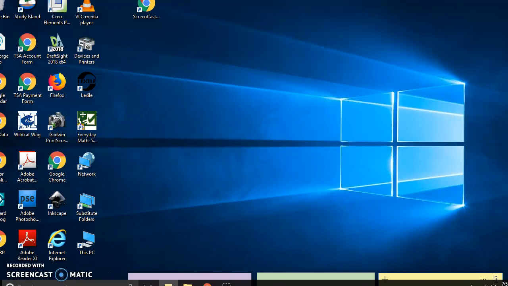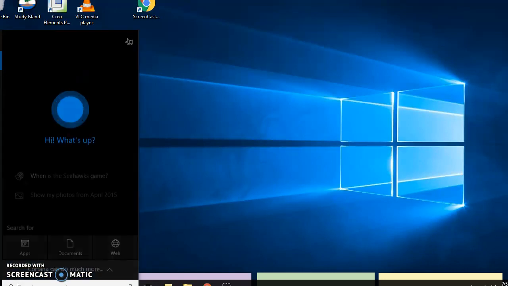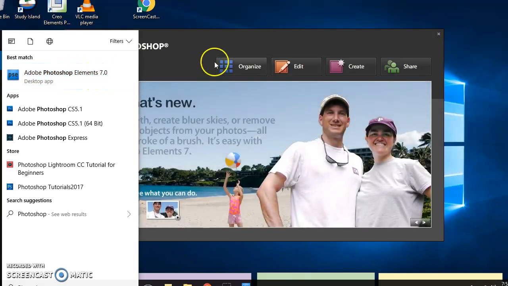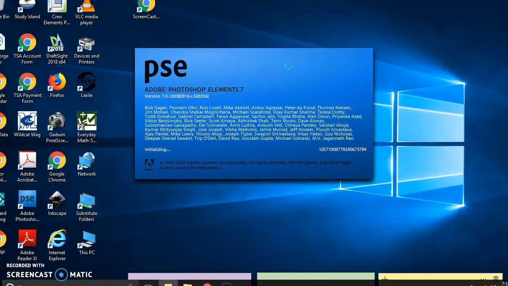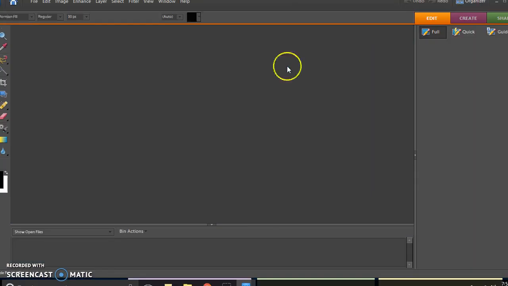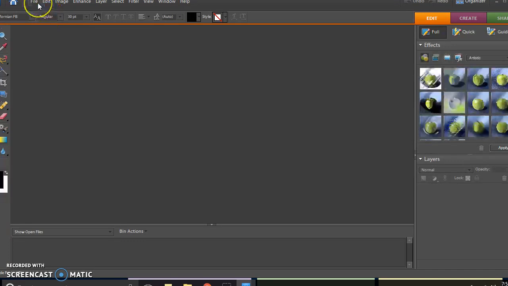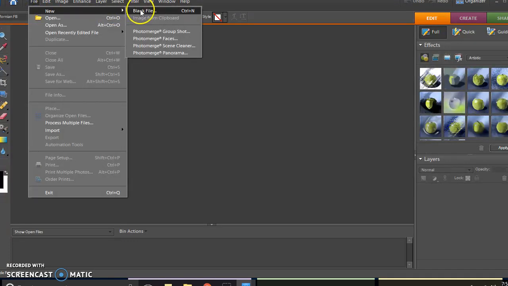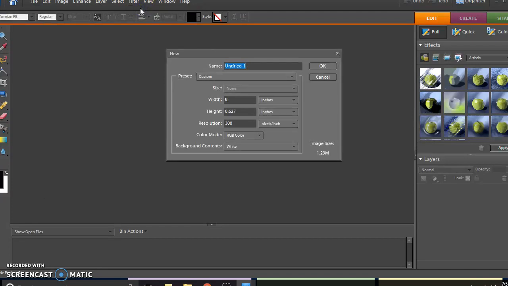So down in the bottom left, I'm going to do a search for Photoshop. Okay, Photoshop. And that's the one, Adobe Photoshop Elements 7.0. I'll double click on that. I'm going to go to Edit. I'm going to go up here to File and do File, New, Blank File. I can call it whatever I want. I'll just say,